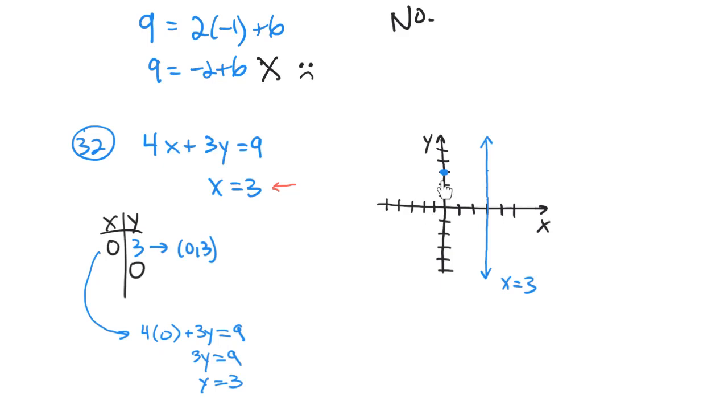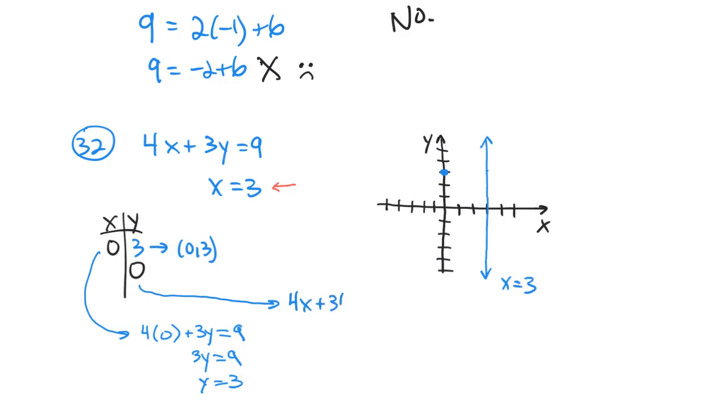Right, this is the point (0, 3). Now I need to find this one. So for this one, we let y be 0. So if I let y be 0, do this over here. So I'm going to let this y be 0. So we will get